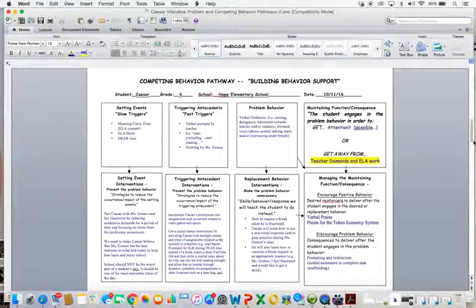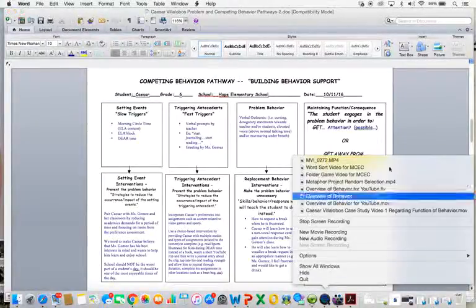On this page, we're going to start talking about possible interventions that we can use to address the slow triggers and then the fast triggers, as well as teaching the replacement behavior. And then we're going to talk about how we can encourage use of the desired behavior and discourage use of the challenging behavior. So here in the slow triggers, we broke it down a bit more. And we said